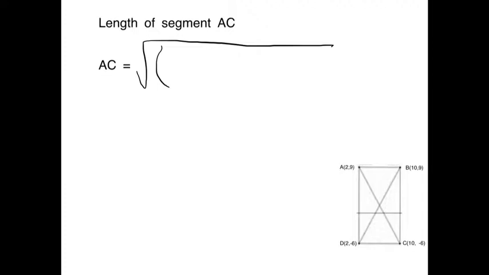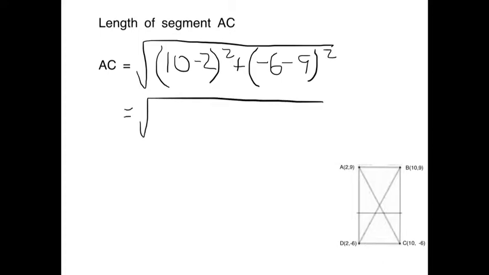So we've got the difference in the x's is 10 minus 2. Hey, that looks familiar. And then we've got the difference in the y's. A little bit different this time because this time I'm using C, which has a y coordinate of -6, as the point 2. So we've got -6 minus 9 all squared. That's going to put a little different spin on this. 10 minus 2, of course, is 8, so this is 8 squared. But then over here we've got -6 minus 9, which is actually -15